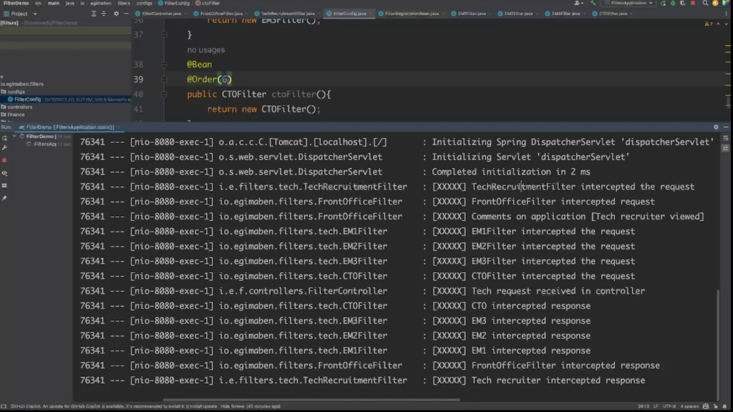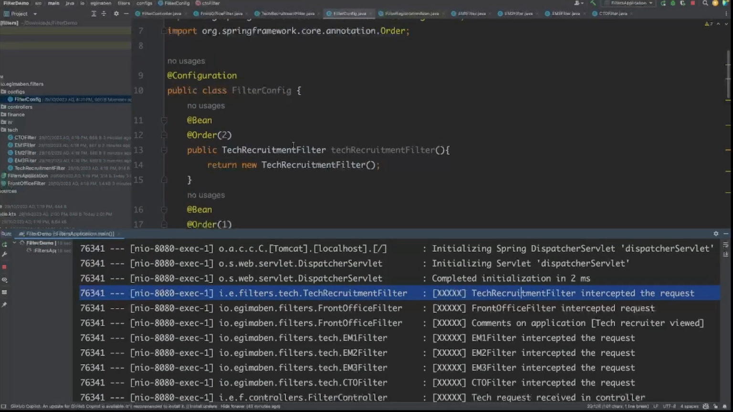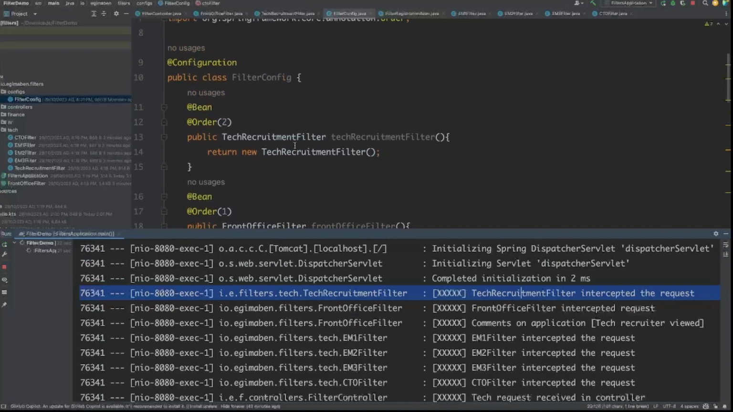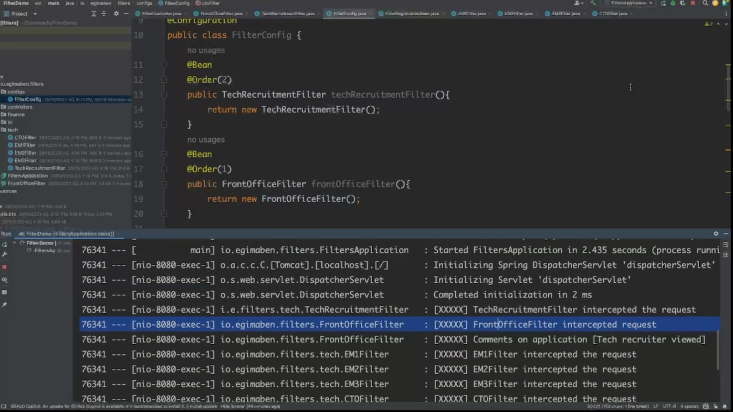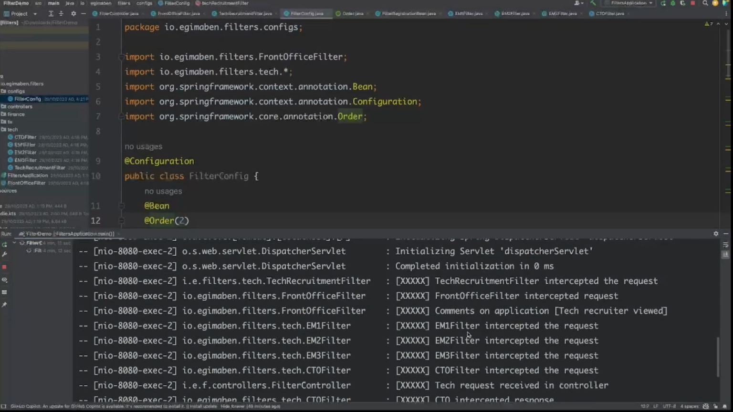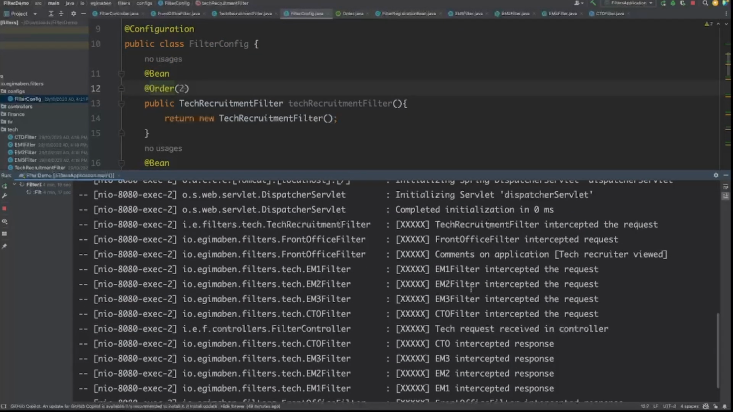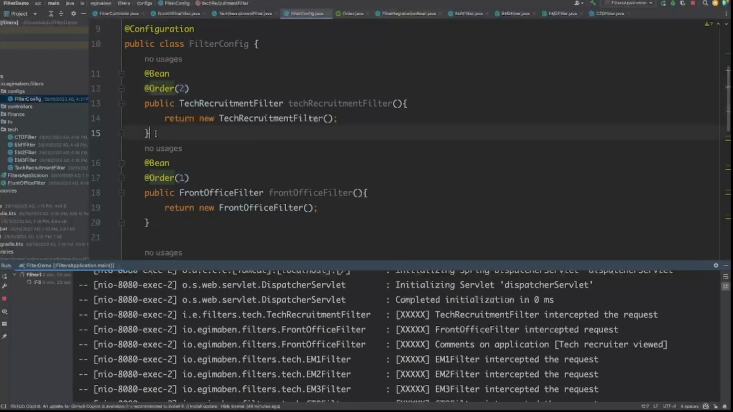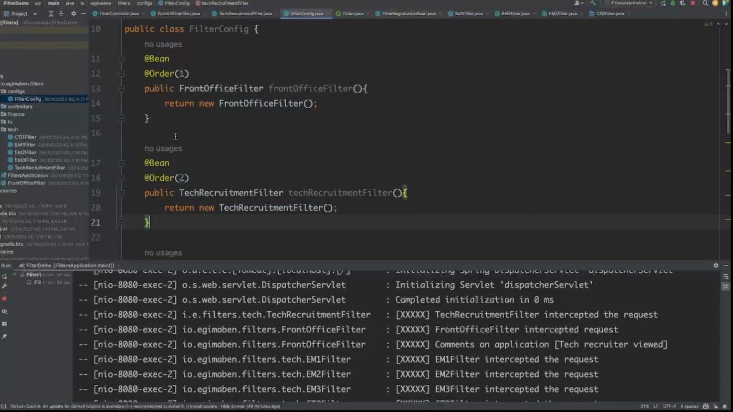Okay, tech recruitment is still called first. So why is that? Because I made it number 2. Okay, tech recruitment is called first, front office second, the rest remain in order. So I expected the order annotations to work, but I'm seeing the tech recruitment filter is still created before the front office filter. So when I change the order like this, I'm not very confident that I'm solving the problem,